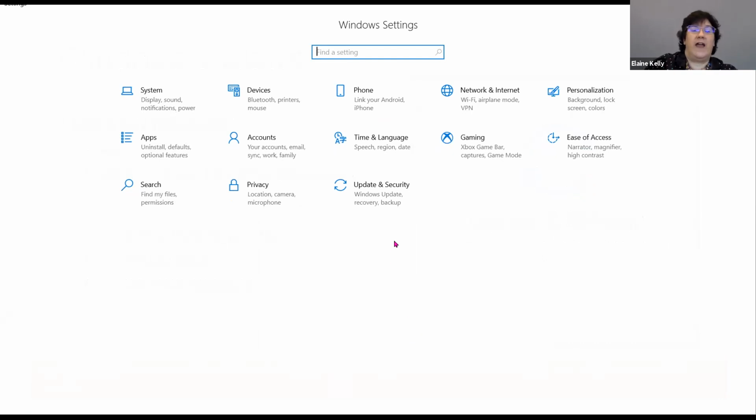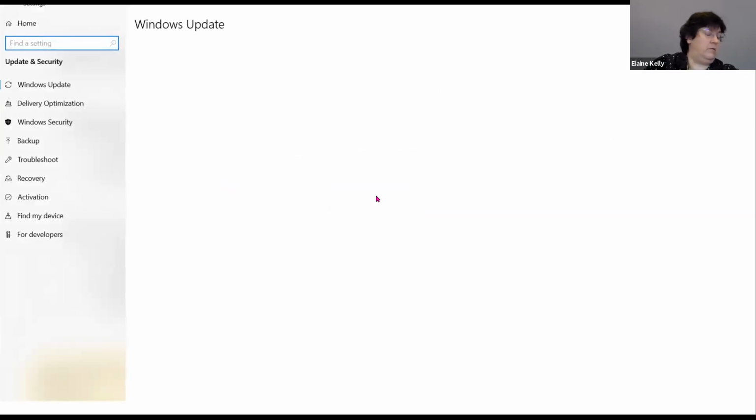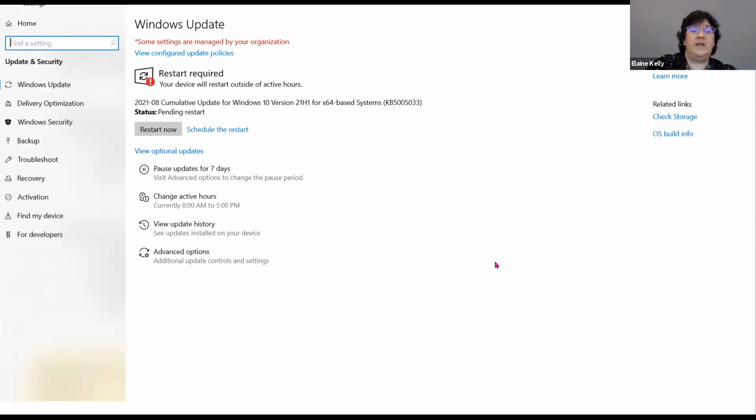Now for active hours, what that means is when you feel the user is going to be actually on the computer working on it, and you don't want it to be disturbed with these particular items. If I go into update and security, down here in the center of our screen, we have active hours. Right now my computer is set for 8 a.m. to 5 p.m. If you click on this icon here,